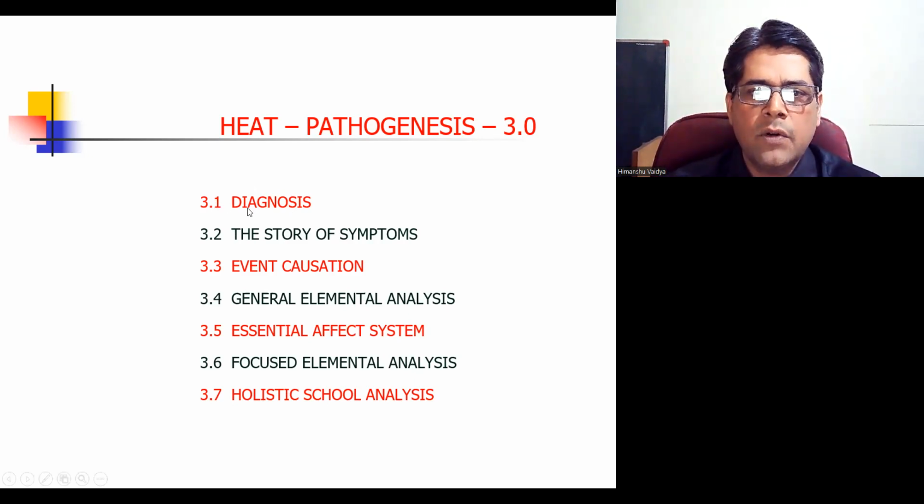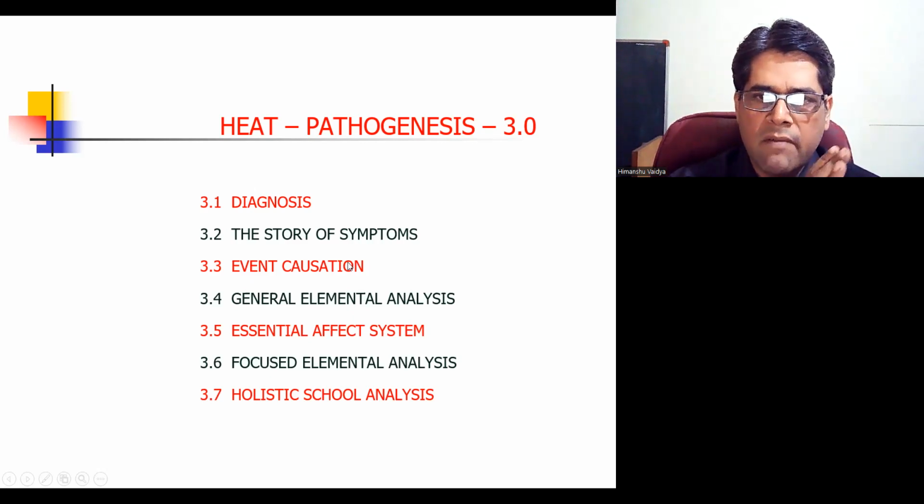The pathogenesis goes into diagnosis, story of symptoms, event causation, and so on. The first two are not very different from the classical route that we take, except for a few differences which I have elaborated before. What is so different about heat from all existing approaches is 3.3 to 3.7. So we will first take up 3.3, and this 3.3 is applying the event causation model to the 17 chapters of DSM, how the model applies to the